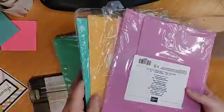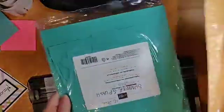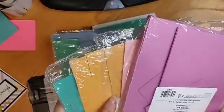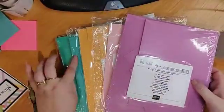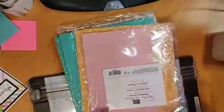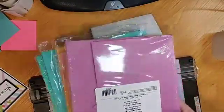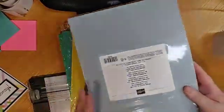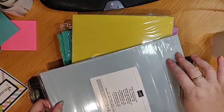So we've got Shy Shamrock, Boho Blue, no, 1, 2, 3, 4, not Boho Blue, Boho Blue is going. Shy Shamrock, Summer Splash, Peach Pie, Pretty in Pink, and Petunia Pop. So those are the ones that came in last year. And then this year we have got Cloud Cover,